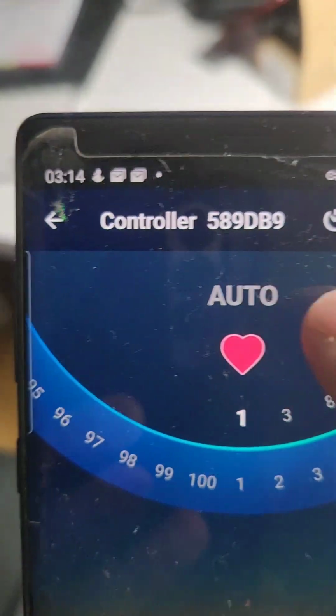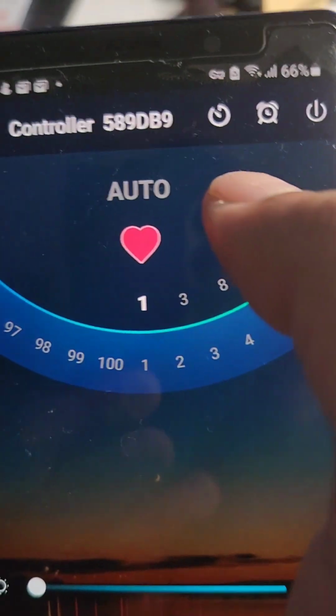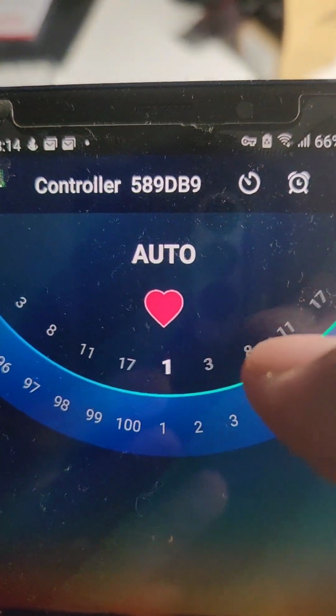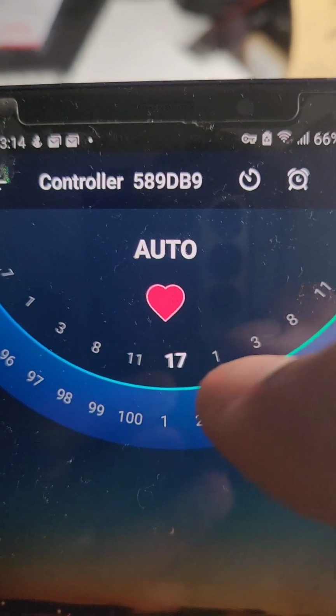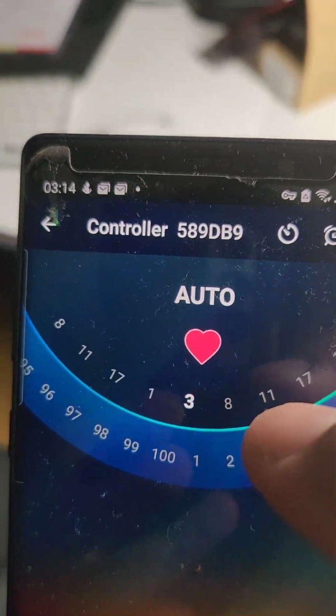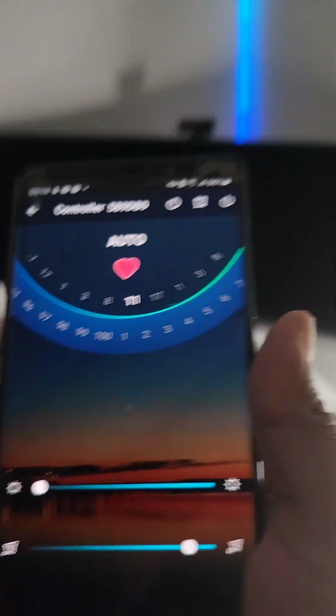So I'm gonna stop that, select the middle wheel and then press auto. So now you see it's going just through a couple: 1, 3, 8, 11, 17, 1, 3, 8, 11, 17. So this is the mode I like. Alright, I think that'll be